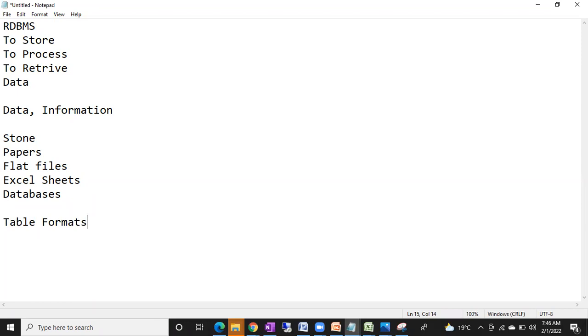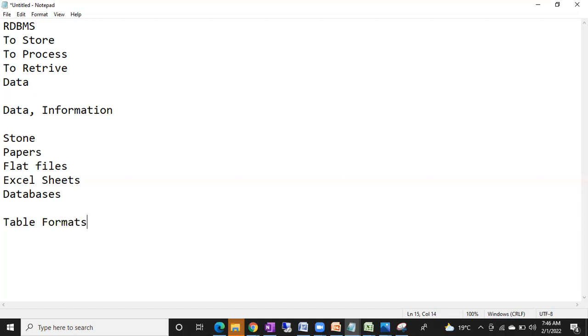We use it to store the data in the form of tables. Table is the best way of representing your data, guys. The way you are storing the data, I am going to store the data in the form of tables, guys. Whatever information it is, in SQL Server or Oracle, at the end of the day,